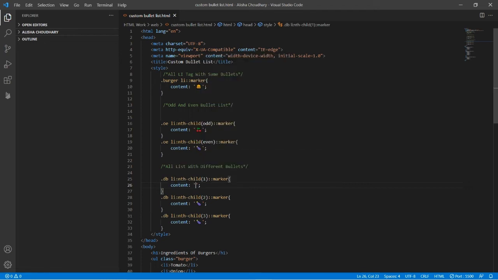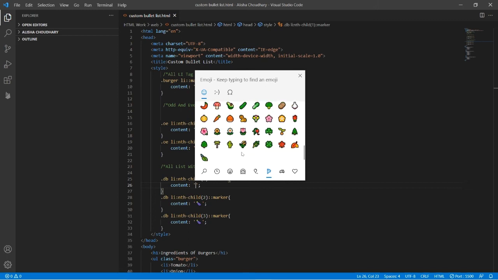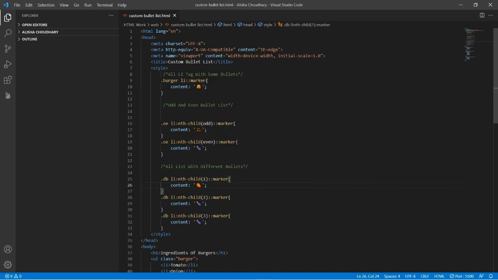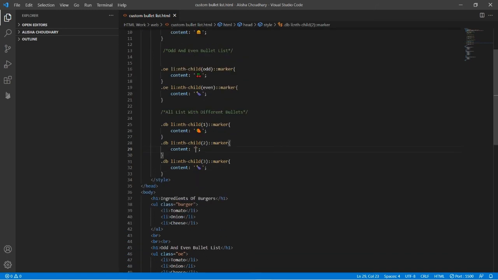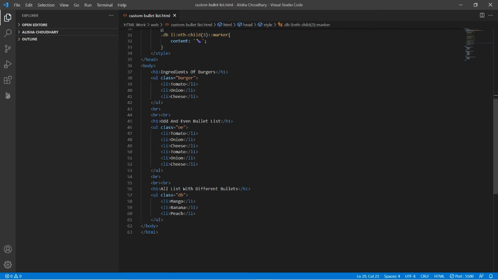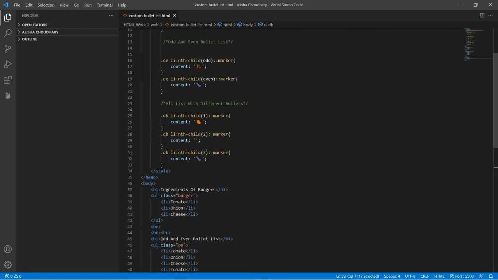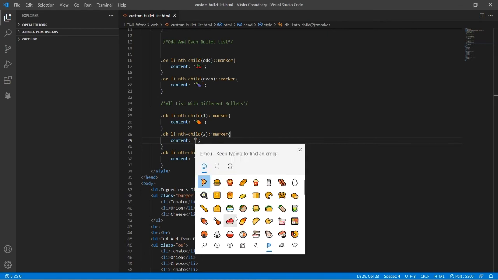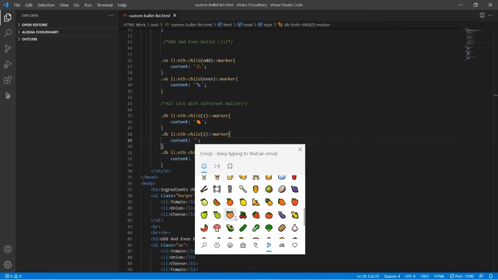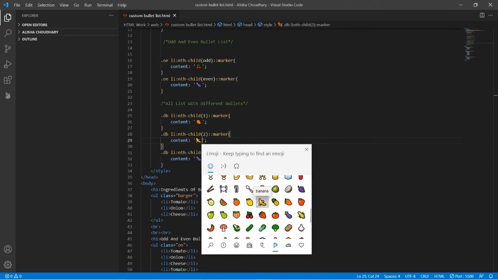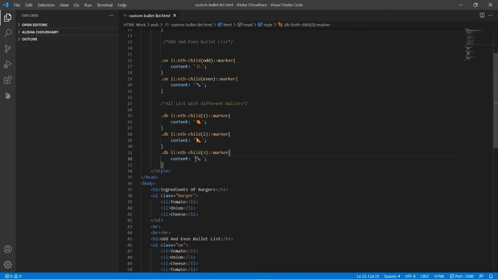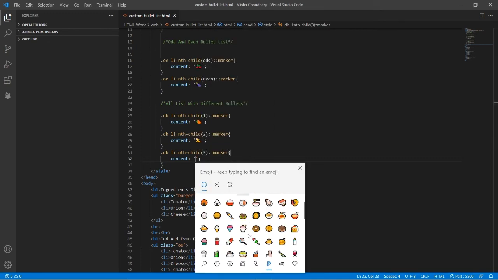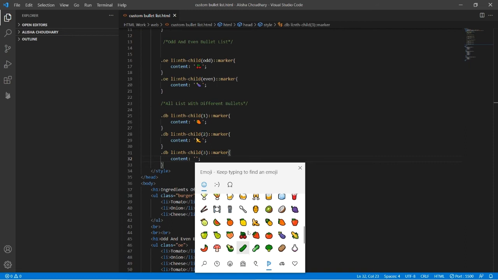Okay. Now let me see where is the mango emoji. Here it is. Then the second thing I have typed here is banana, so I will paste here the banana emoji. It's here, and then there is peach. Peach is over here,